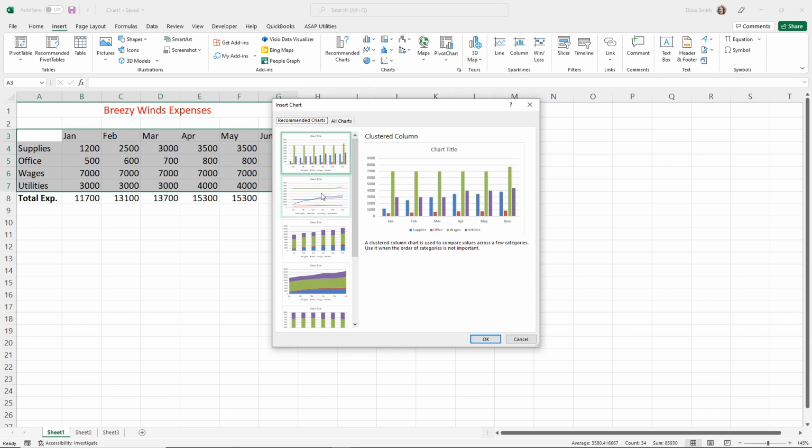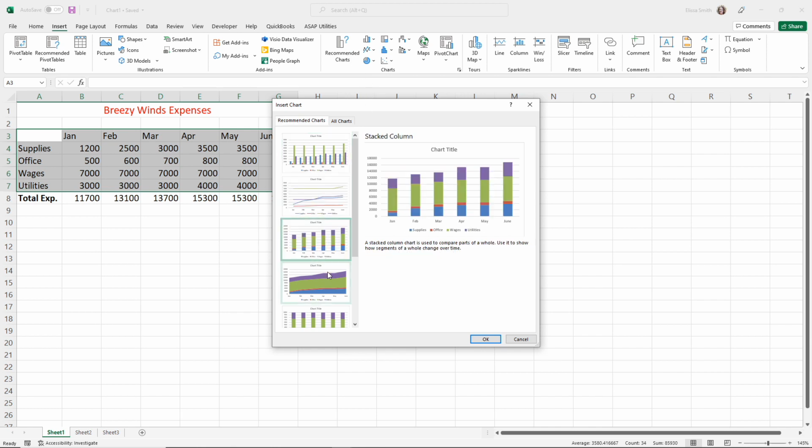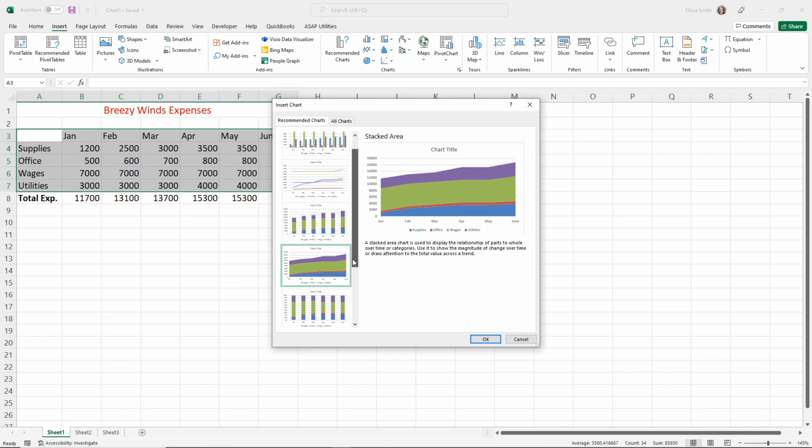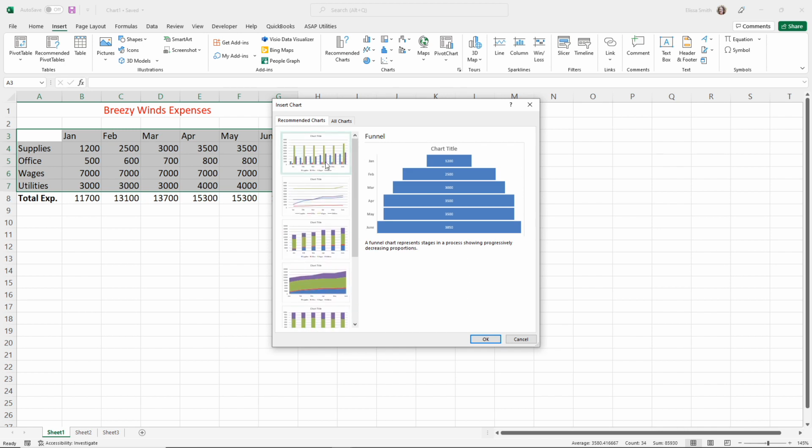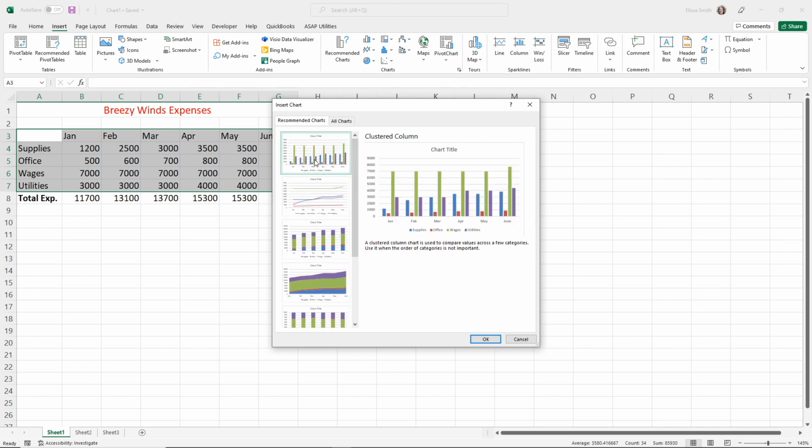So here on the left, I'm seeing their recommended charts. I can click on each one and see them in the middle of the Recommended Charts box. I can scroll down until I find one that I think best represents my chart data. I'm going to go with this very top one, the clustered column chart,